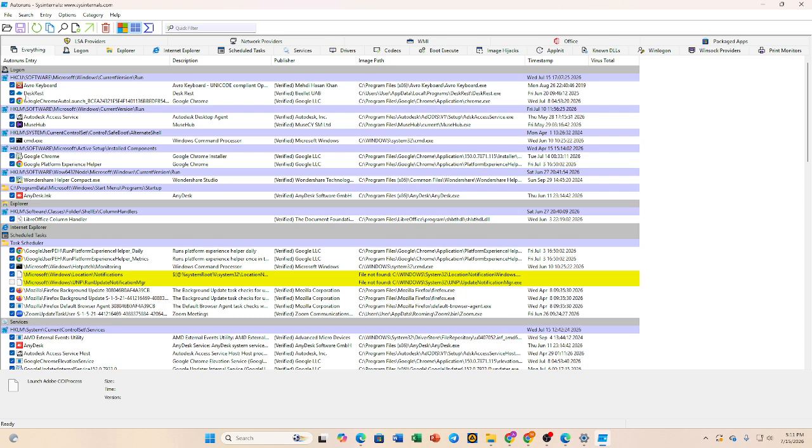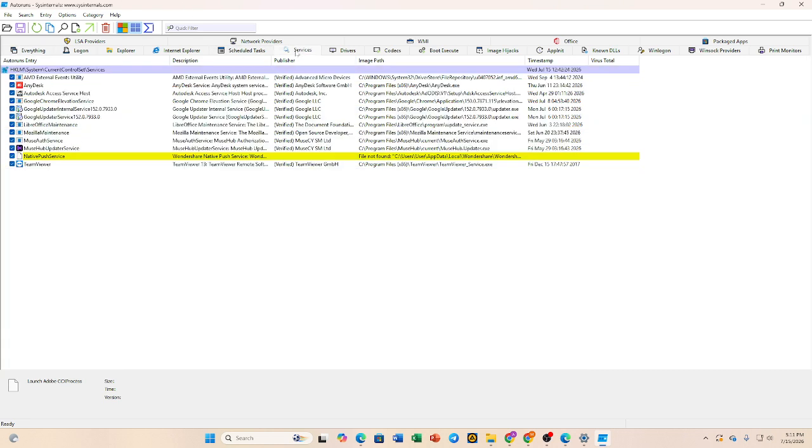Next, locate the disabled startup item you want to restore. Disabled entries remain visible in Autoruns and are typically shown with their checkboxes cleared. You can browse the appropriate tab, such as Logon, Services, or Scheduled Tasks, or use the Find feature to locate